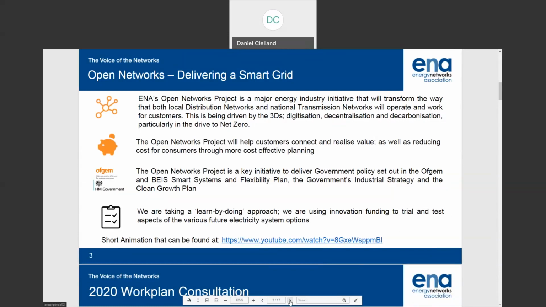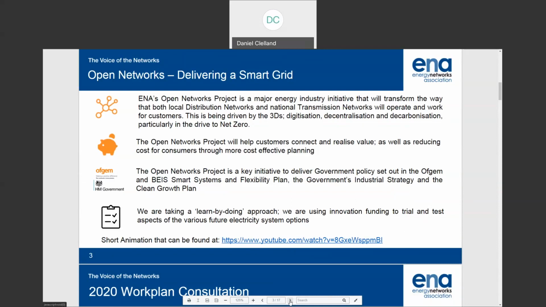It's a major project we're running here via a trade association between the distribution and transmission network companies, looking at really the transition that's needed to net zero. So very much the transition associated with moving to DSO and all the aspects associated with that. Another main objective of the project is trying to make sure that customers can connect to the network when and where they want, cost effectively. So that's a very important output from us as well.